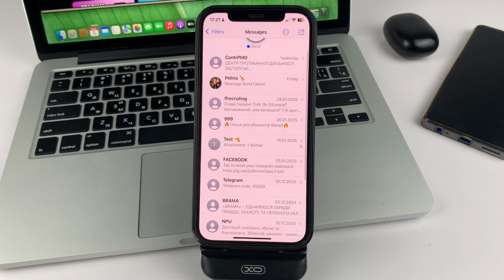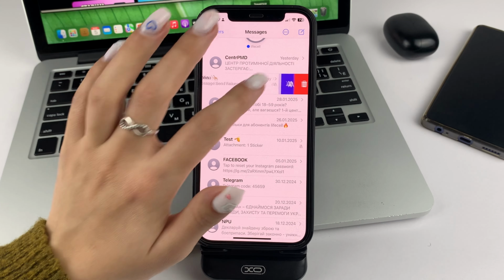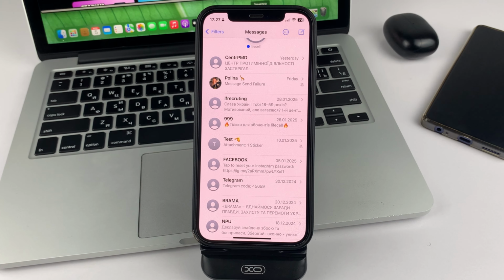Also, another option, as you can easily do, is to swipe the conversation from the right side to the left side, like this. And now tap on the blue crossed-out bell sign. This way, you will not receive any notifications or text messages from this person in the future. Until you enter the messaging app and see that this person has written to you, you will not receive any notifications. All the same can be done with group chat, but keep in mind that in group chat disabling any text notifications will affect all members of the group chat.